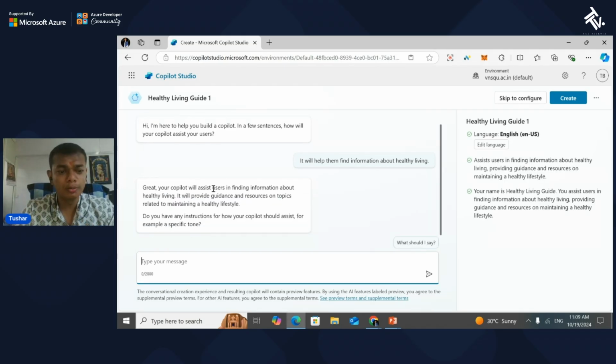Great, your Copilot will assist users in finding information about healthy living. It will provide guidance and resources on topics related to maintaining a healthy lifestyle. Do you have any instruction for how your Copilot should assist, for example, a specific tone? If you have any instruction, yes. And yes, we have instructions: be friendly and proper, provide clear responses to the user,